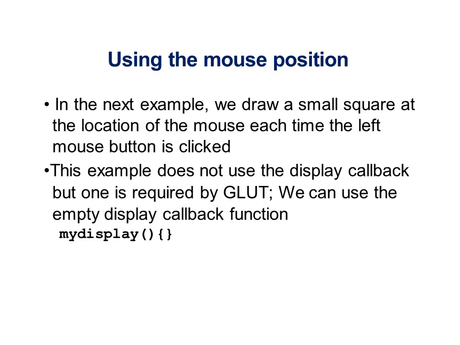We can make use of the mouse for several other purposes other than pointing. Suppose I want to draw a square at the position where my mouse is, when my left mouse button is clicked. We can do that by making use of the program I am going to explain now. In this example, we will be making use of multiple other functions which are not present here, but when you integrate everything together, then only you are going to get the output. The my display function will be made use of over here. Of course, in every program my display has to be present.